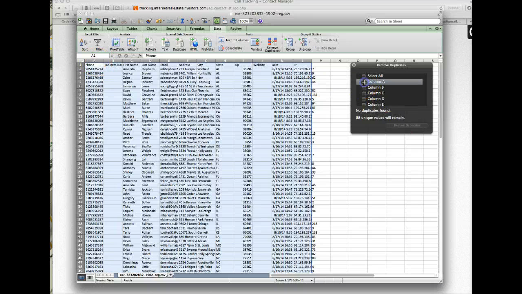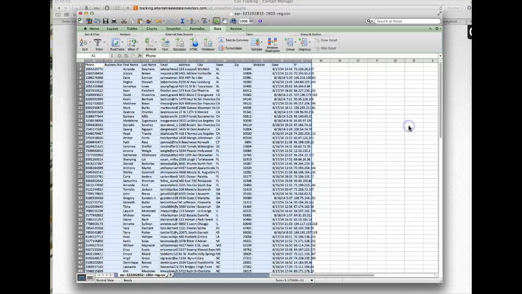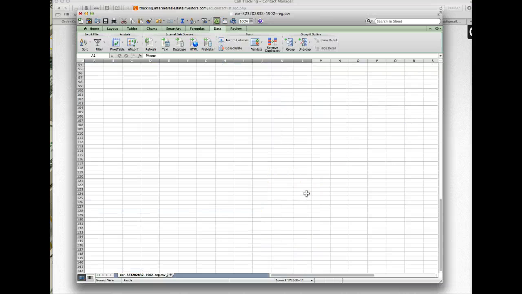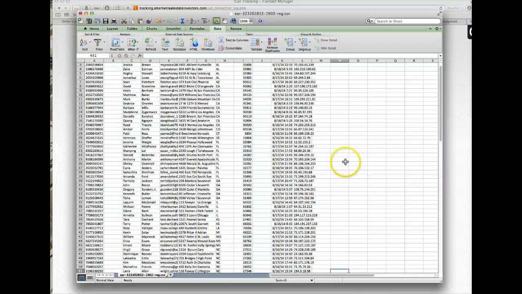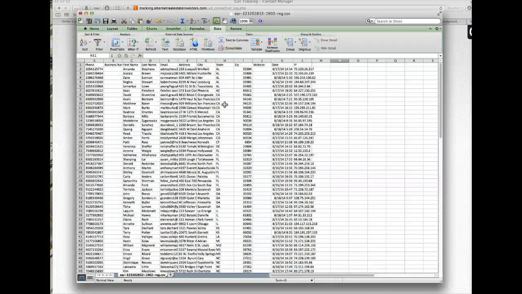You select column A, and this says 88 duplicates. See that? Hit remove. Now we just cleaned up this. The spreadsheet has just been cleaned. So now there's no duplicates, and everything's in order. The next thing